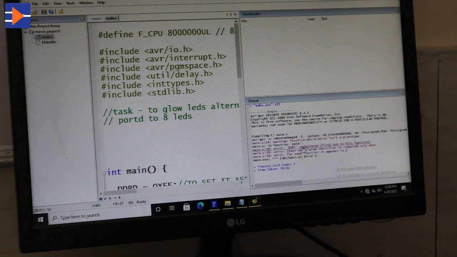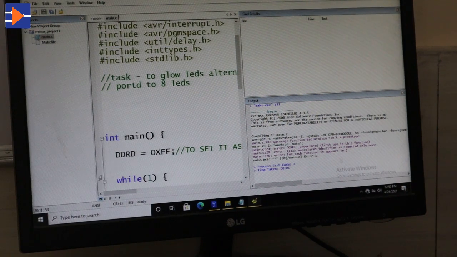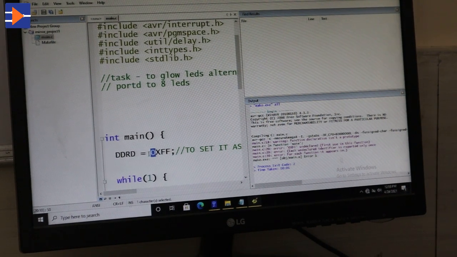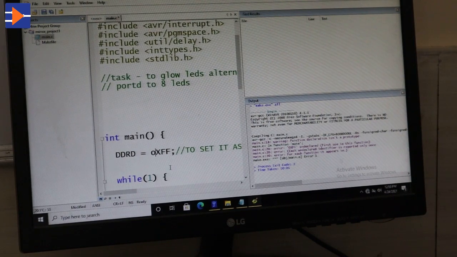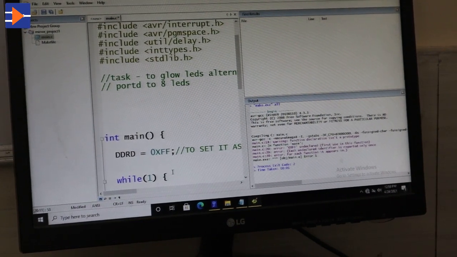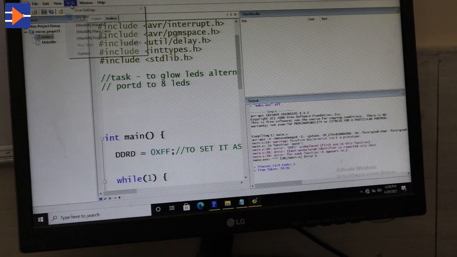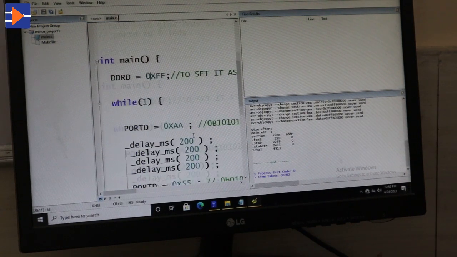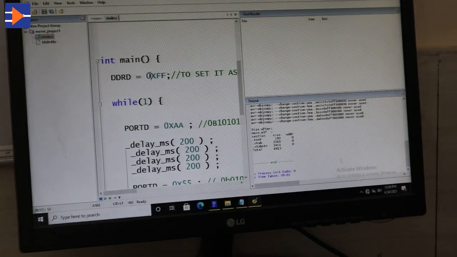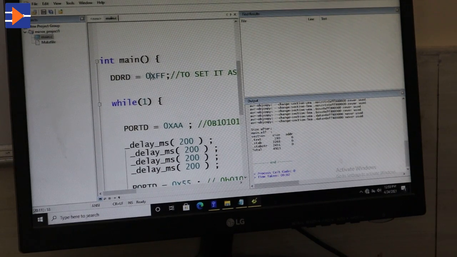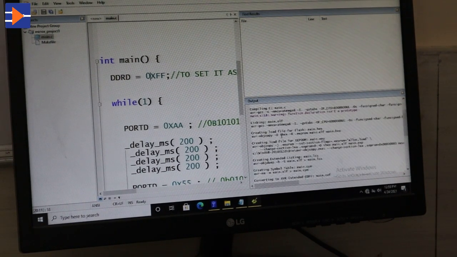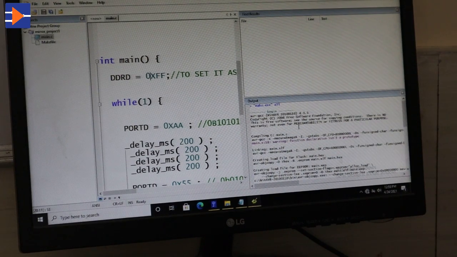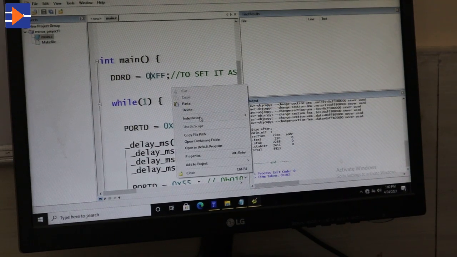So it is showing some error at 0xFF. Okay, now it's working. Earlier I had typed an O here. It should be 0xFF. Now you can see it has run successfully, and it has generated the hex file.